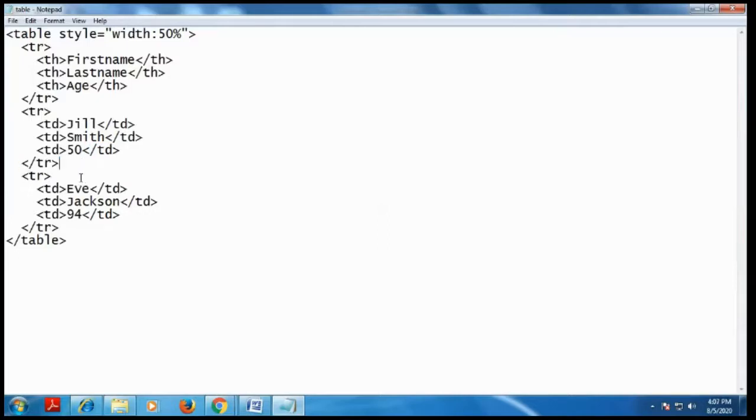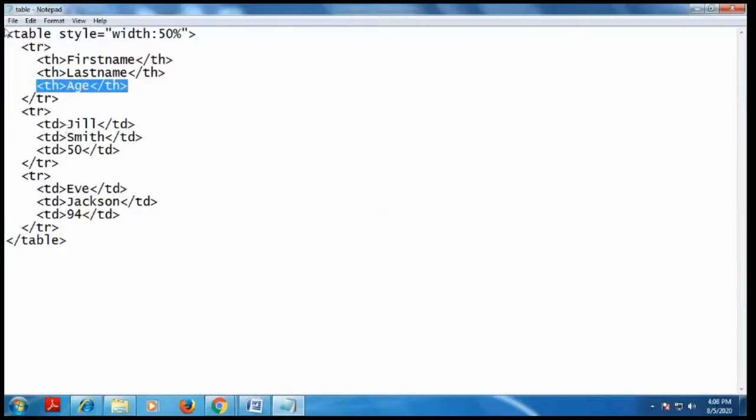Next, one more row I have to add to the table, so I start with the tr tag. Here I have to put three values. The three data items are stored in each of the columns. Here Eve is stored in the first name, Jackson is stored in the last name, and 94 is the value stored in the age.